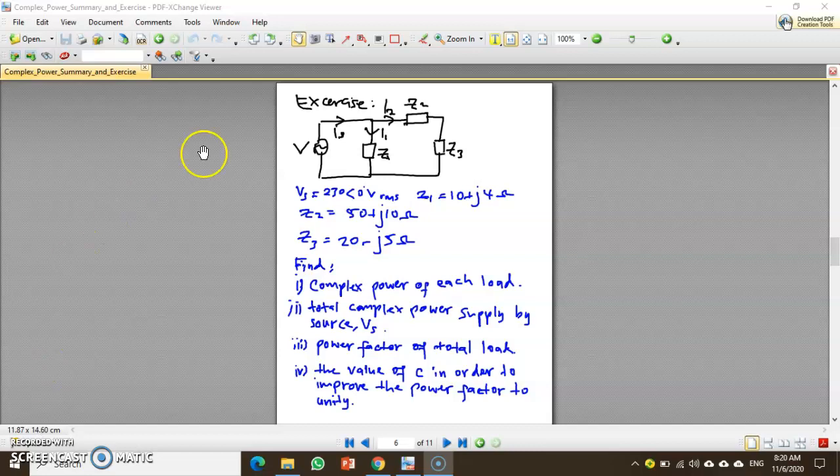In this video we will discuss the tutorial, or exercise, on AC power analysis. Here is our exercise. Let's say we have a circuit with a voltage supply connected to Z1, Z2 and